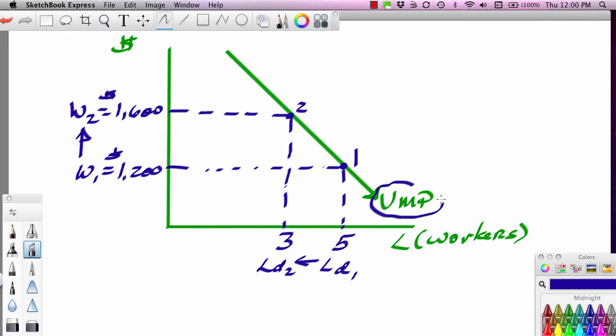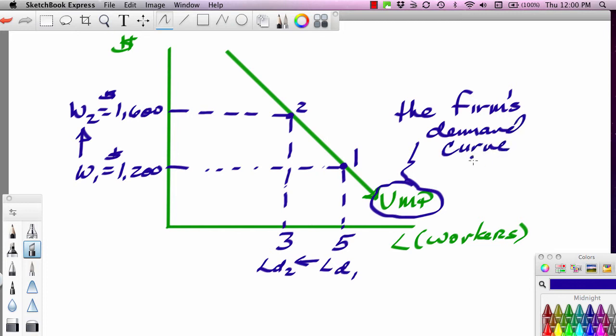This VMP curve is in effect the firm's demand curve for what? For labor. So the VMP curve is the firm's demand